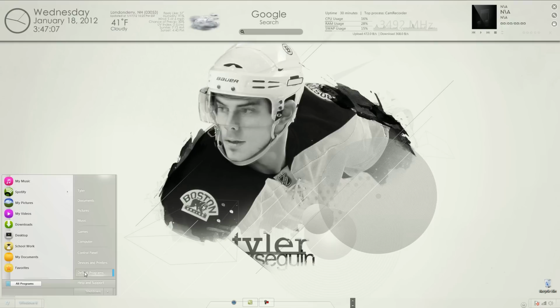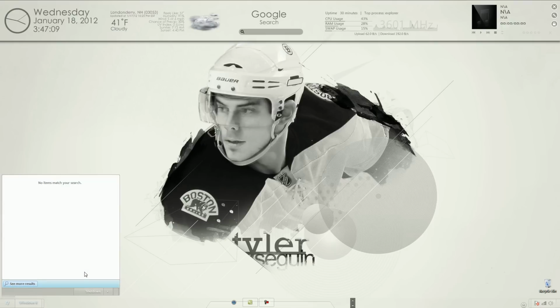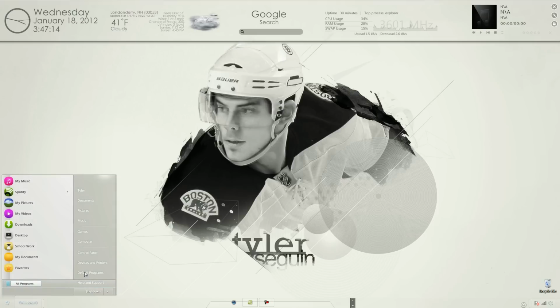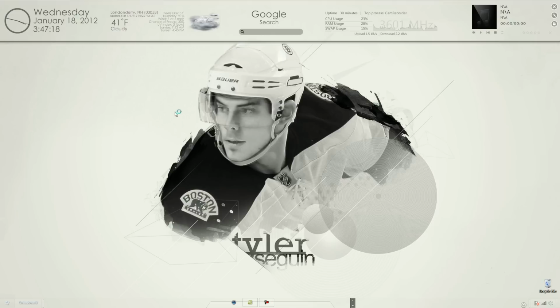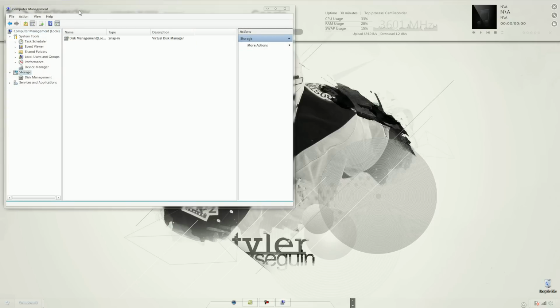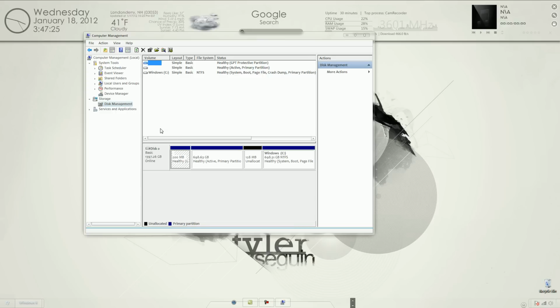We're going to search computer management, launch computer management, and then in computer management, we're just going to click storage, disk management. As you can see, I have 3 partitions on my drive. This is my EFI partition in Windows, EFI partition in OS X, and